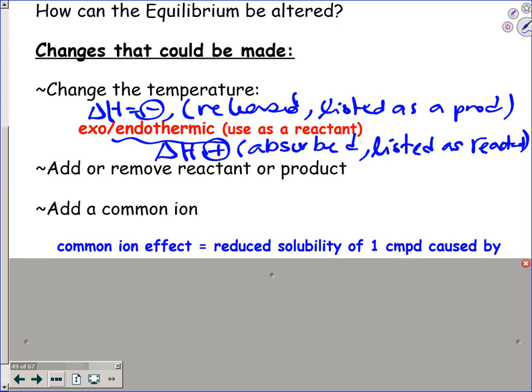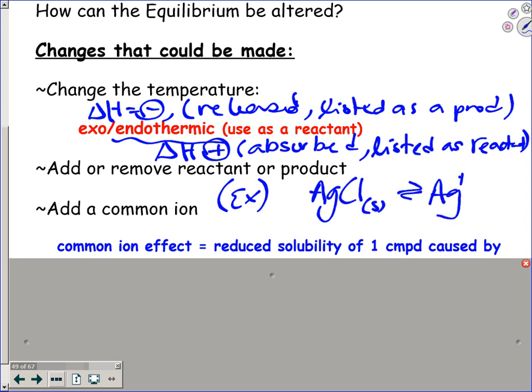Okay, so what happens is, here, write this example down. Silver chloride solid equilibrates to silver ion aqueous and chloride ion aqueous. So we have this equilibrium. Silver chloride solid equilibrates to silver ion and chloride ion. So let's say I add